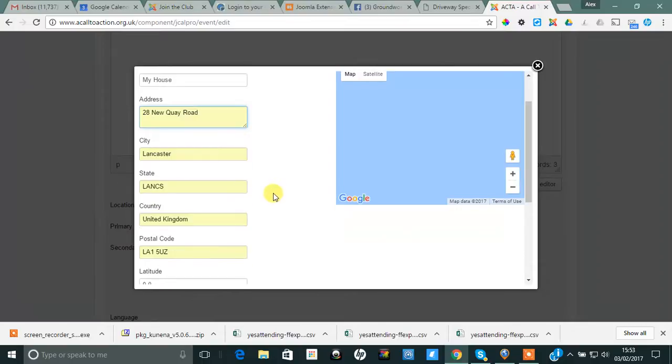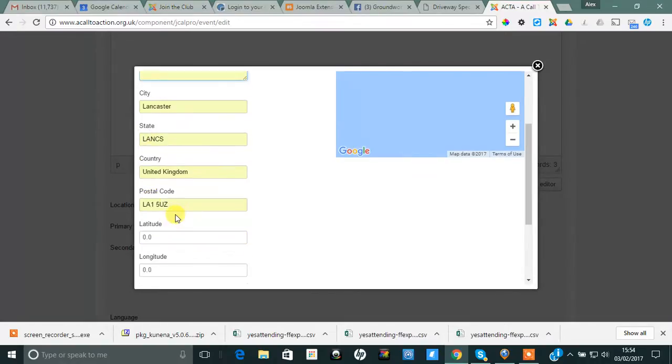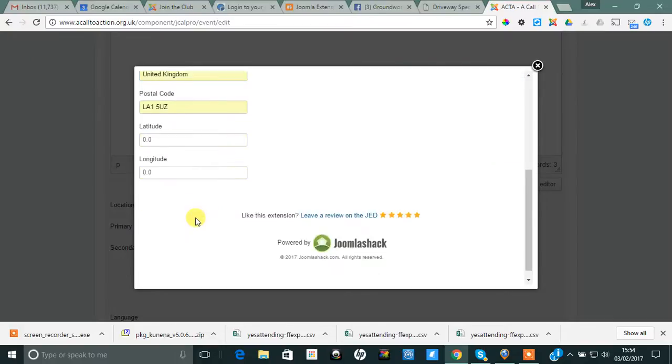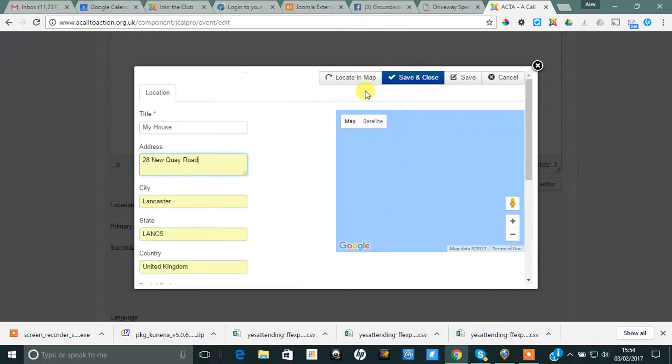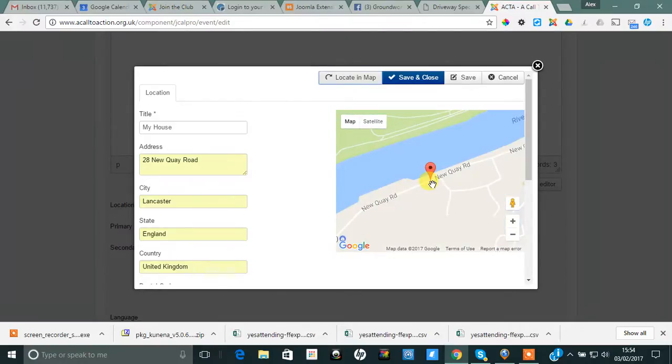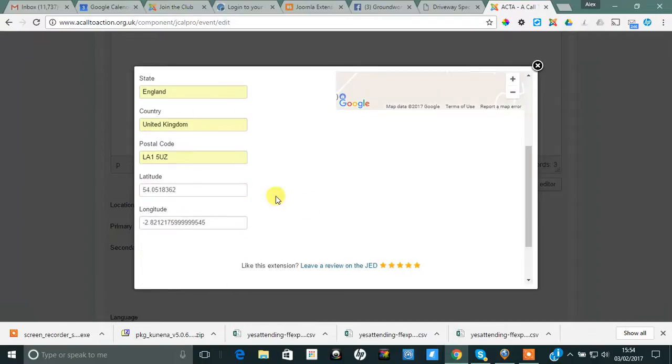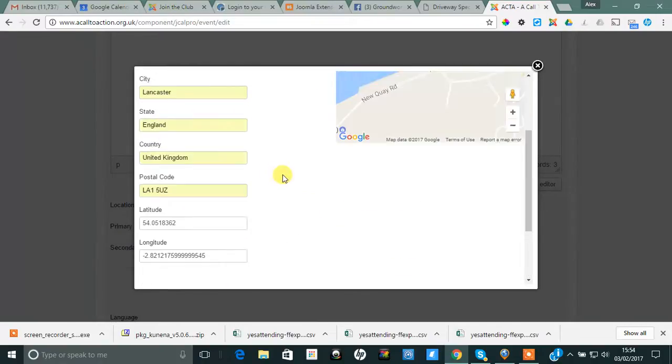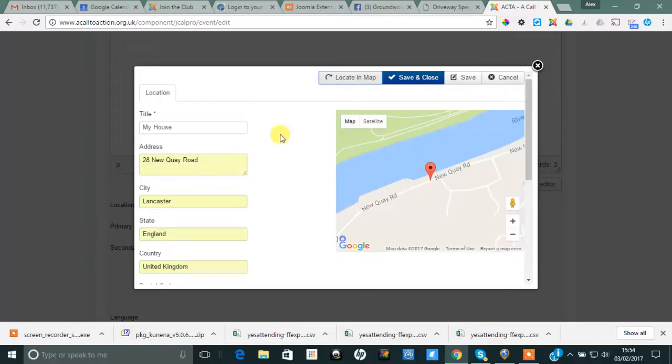Put in for the address the name of the road, for example, the house number. I know it won't be like that, but make sure you've entered the city, the county, the country, and the postcode. And then from there, we should be able to say locate in map, and that will show you exactly, hopefully, the coordinates here, the latitude and longitude of that map. Okay, so if I go save and close,